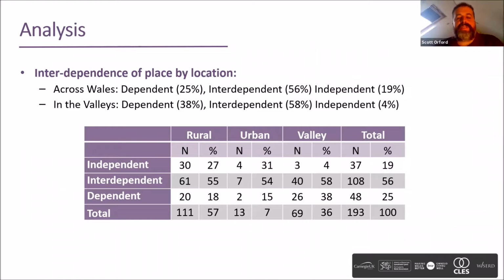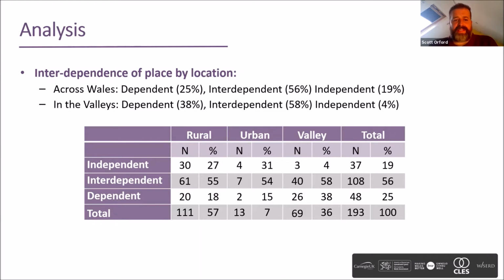Thanks, Sam. Yeah, so this is really the first sort of dig into the data. As Sam said, on the website, we have a classification of 7 different types of interdependencies. For the analysis, because the 7 can lead to quite small samples within each of the classifications, we collapsed them initially into 3. So independent, interdependent, and dependent. So what we did first of all is basically created some tables, and we're looking at the differences in interdependence by type of authority: rural, urban, and valley.